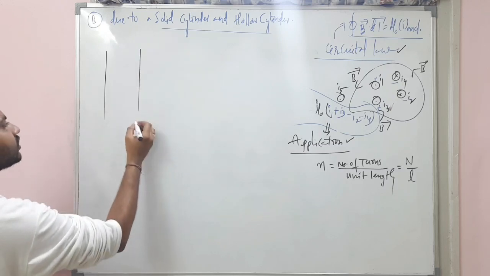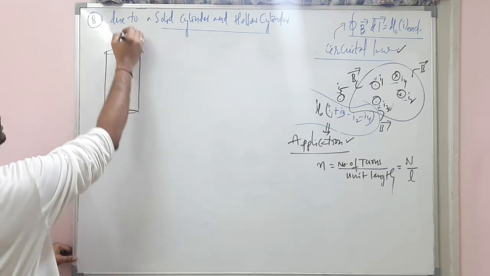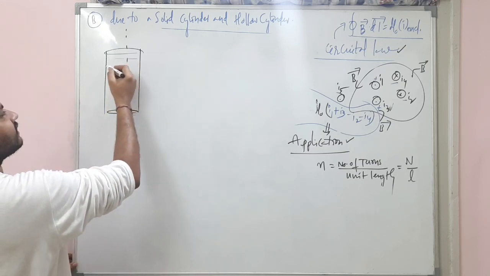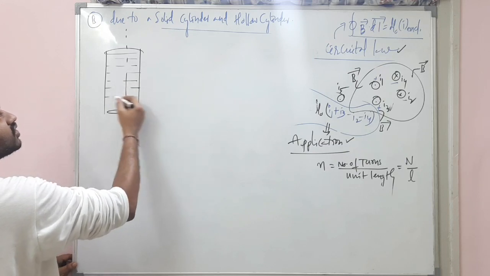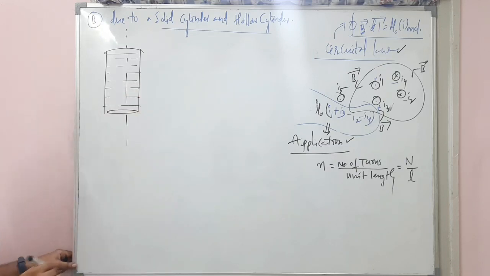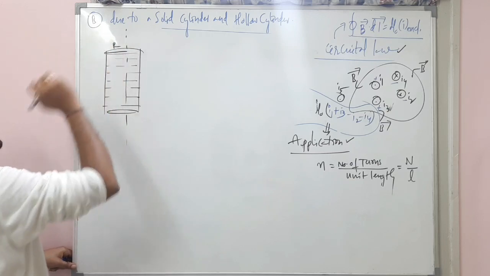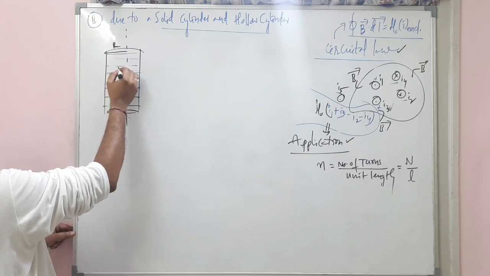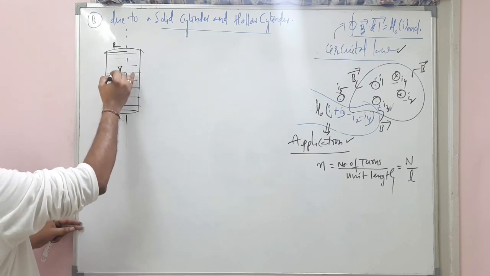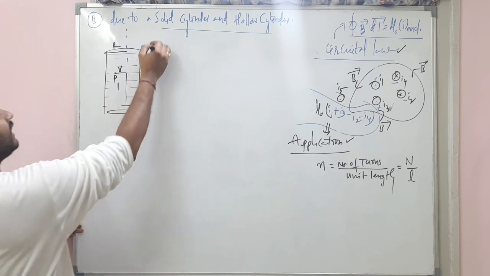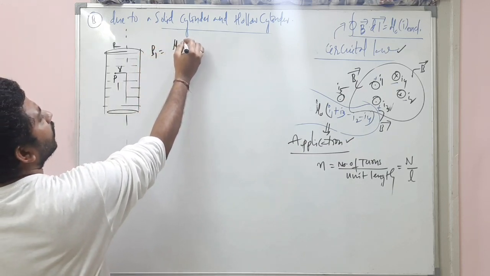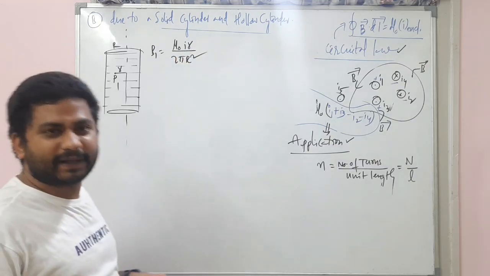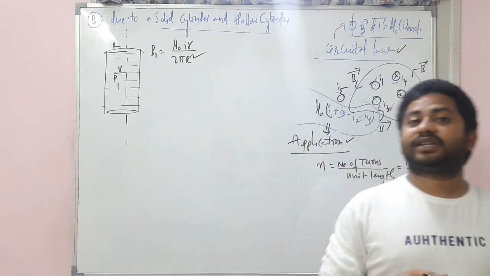So this is a solid cylinder, carefully observe. This is the axis of the cylinder here. This is the solid cylinder. I just represented it like this so that you will understand it is solid. The radius of this is capital R. Now, at any point inside at a distance small r, this is the first point P1, the magnetic field will be mu naught I small r divided by 2 pi capital R square. You remember this expression? Remember this expression.